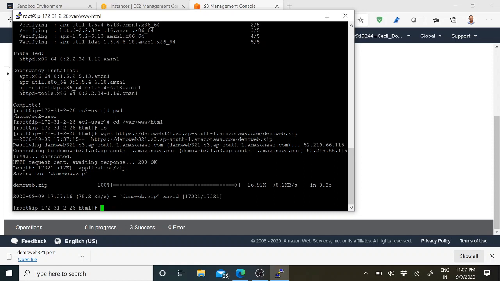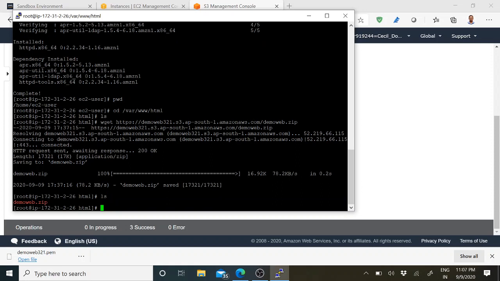Okay, but what we have done is we have used a zip file. When it is a zip file, we have to unzip it. For that, there is a command. Before that, let me show you whether the files are listed here. For that, I will use ls again to check whether the files are being listed. Yes, now you can see the files have been added. That is our file object name, that is the demo web.zip.